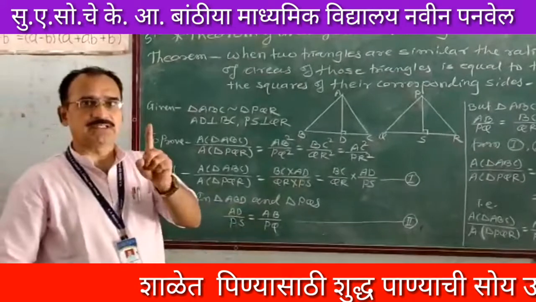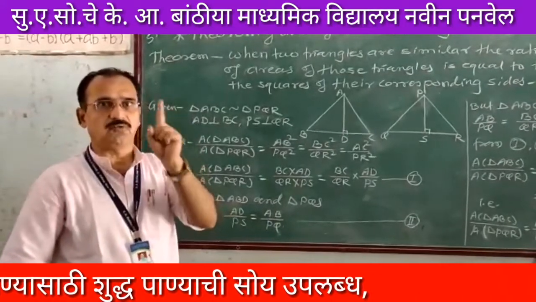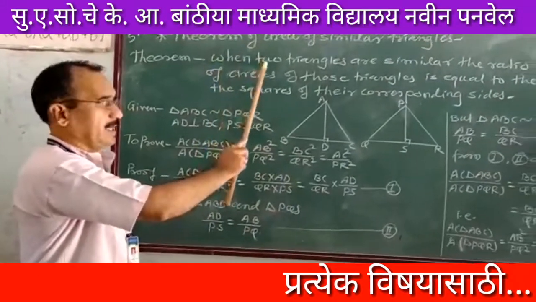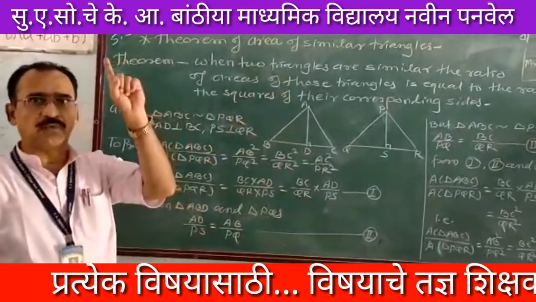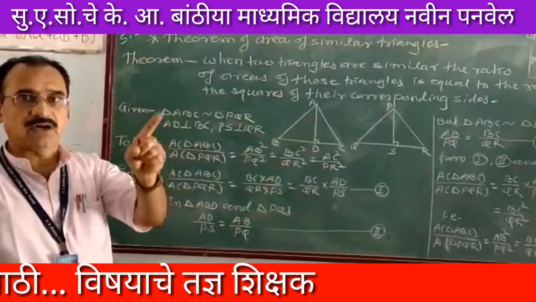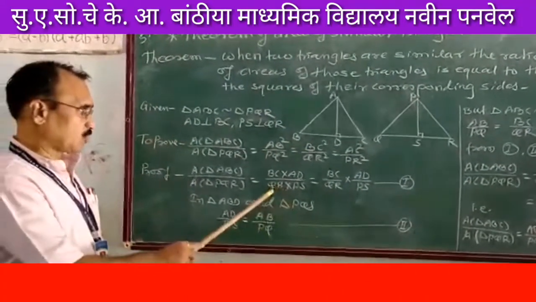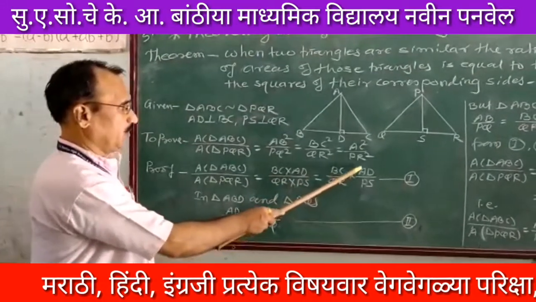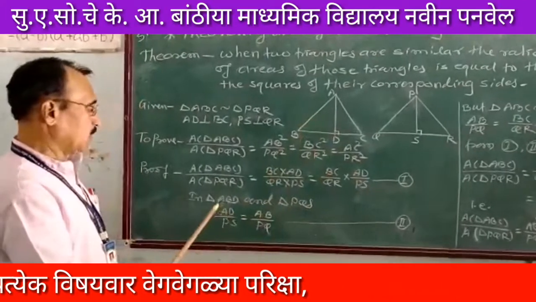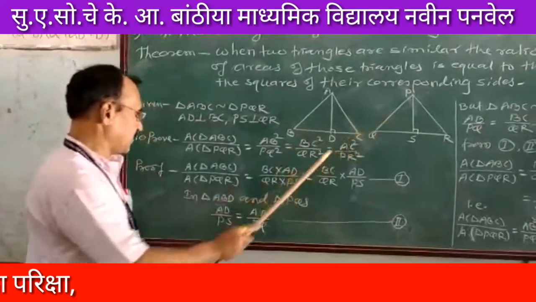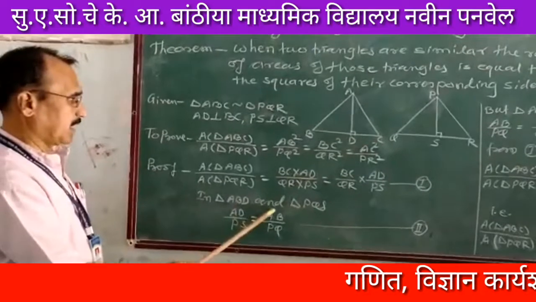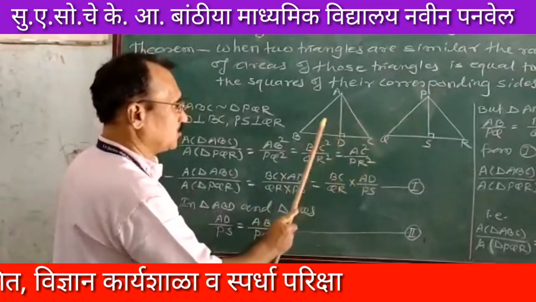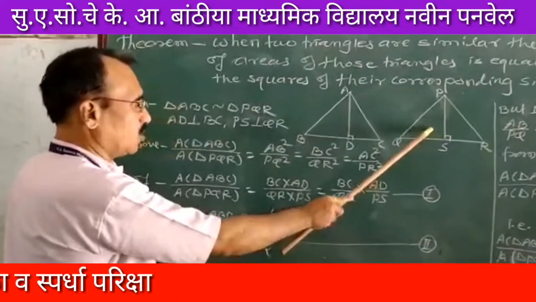You know, this is the first property of ratio of areas of two triangles. Don't confuse here. The ratio of areas of similar triangles is our topic, and our first property is for the ratio of areas of any two triangles. From this property we can write BC upon QR into AD upon PS. Now consider these two smaller triangles, triangle ABD and triangle PQS. We have to prove these two smaller triangles are similar.